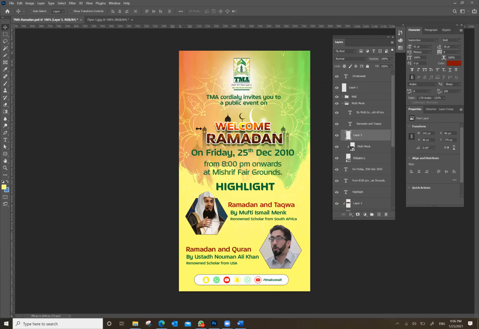So this is the way you can do all this with the help of Photoshop. You can design nice flyers like this. The important things are how you select the background image and how you place them in a proper way. See, around the text there is a proper, healthy margin. It is not reaching the border of the design. You have to remember that, and you have to play with the colors.